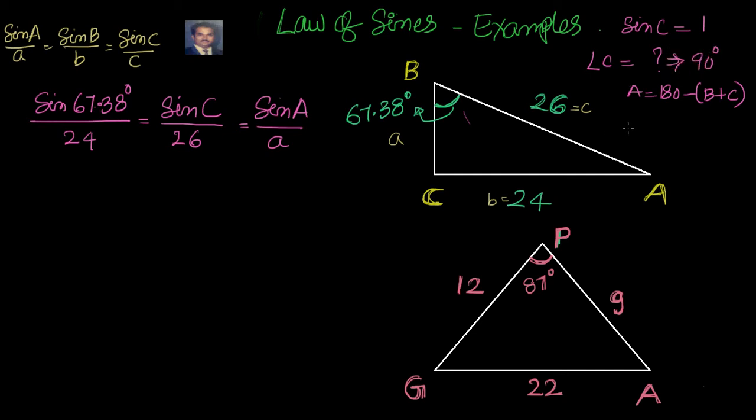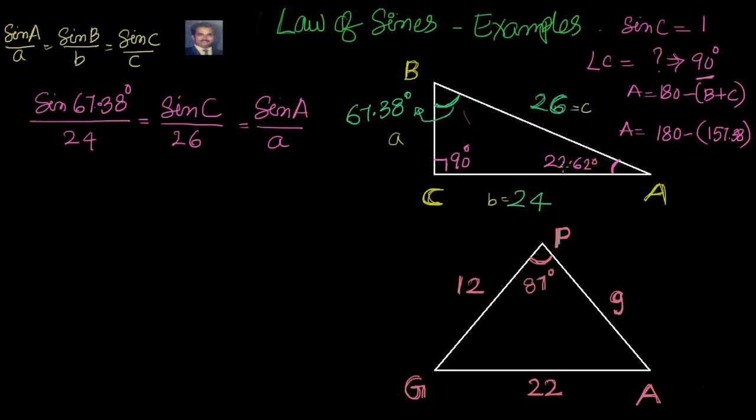So what is my angle A? Angle A is nothing but 180 minus, this is 90 and this 67.38. Now we know this is 90, so I can calculate this. This is nothing but 180 minus 157.38. That's nothing but equal to